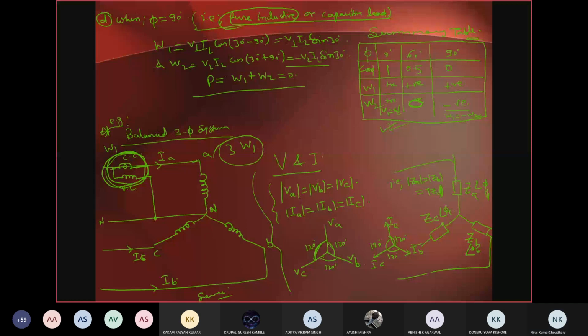ठीक है? अगर बैलेंस नहीं होगा तो क्या होगा? IB का कुछ और वैल्यू होगा, which is different from IA, IC will also be different from IA. So in that condition we cannot just multiply this by 3 to get the total power, because the reading of the power in each phase will be different, right? But for a balanced 3-phase system, using the single wattmeter method also you can measure the total power consumed in a 3-phase circuit. राइट, तो ये हो गया तुम्हारा पावर मेजरमेंट के बारे में।